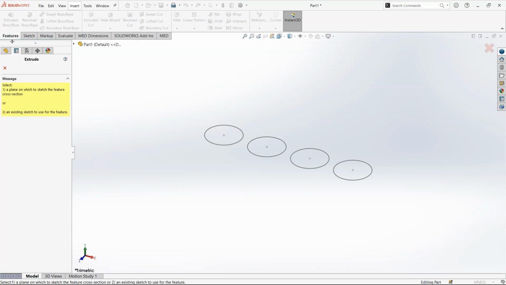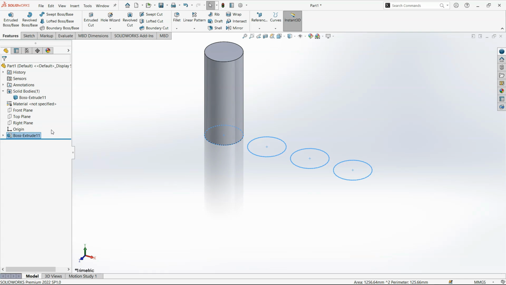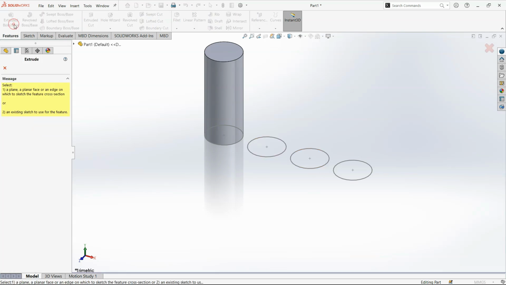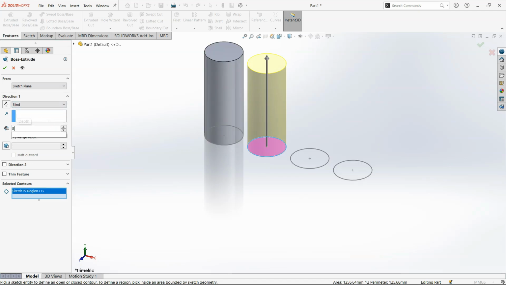We can use the offset from surface feature here. So just selecting Extrude Boss base and clicking on the sketch, I will select contour only this. Now I will select blind. The first dimension I will give is 80. Let me first show the sketch. Now I have to make this circle length 80, this 60, and this 40. So I will just do that. I will click on this circle, and the contour has already been selected. I can write 80 here, but we don't want to write